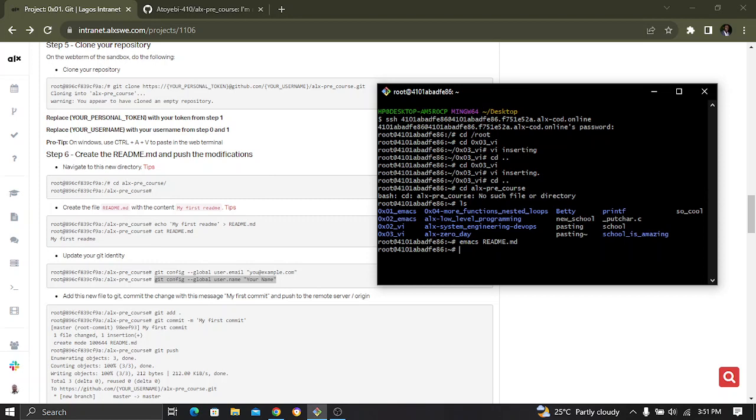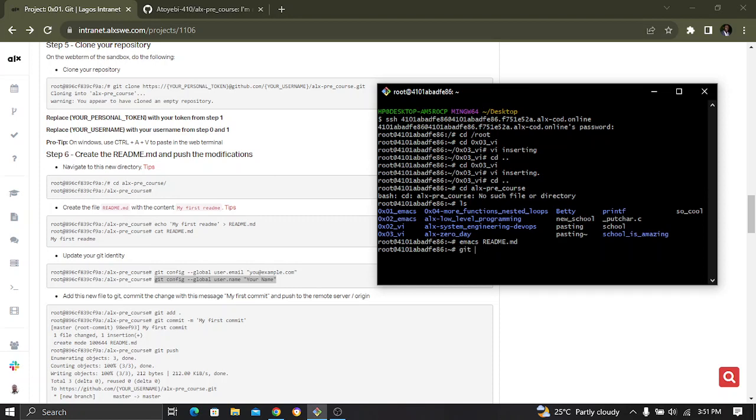Now after doing that, you will commit. Do git commit. Your files are not inside GitHub yet until you do git push. After you've done this git commit, there's something we call the staging area, which means your file is at the staging area. Maybe you were distracted with something else,